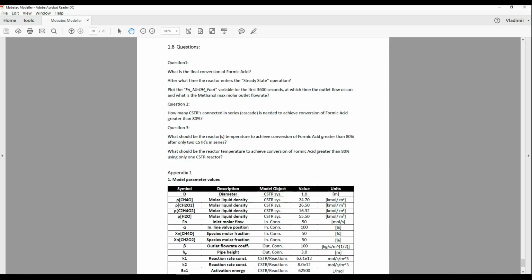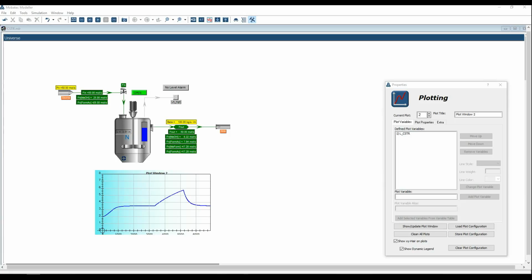If you go back to the exercise, in section 1.8, you will see there are 3 questions. This time, I will let you do these questions alone and get the answers yourself. This was all for the 4th exercise of the